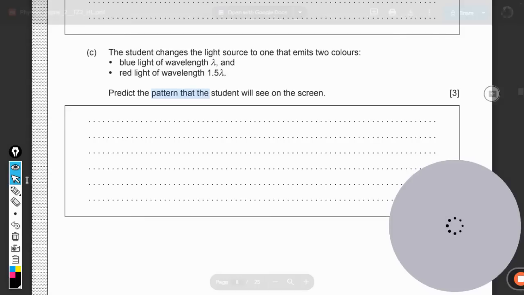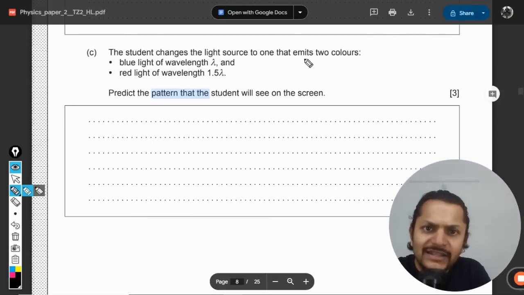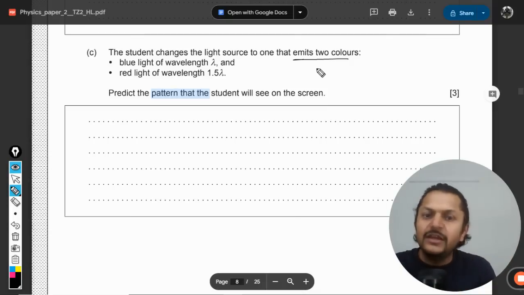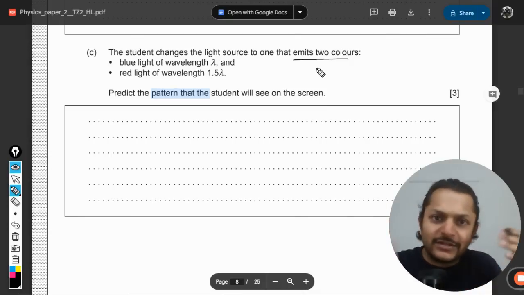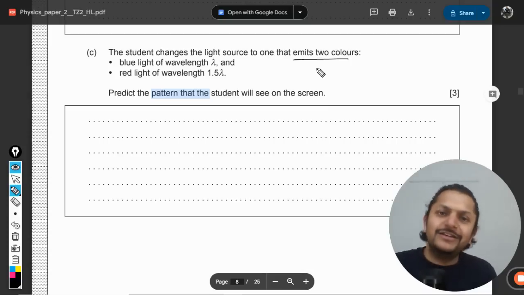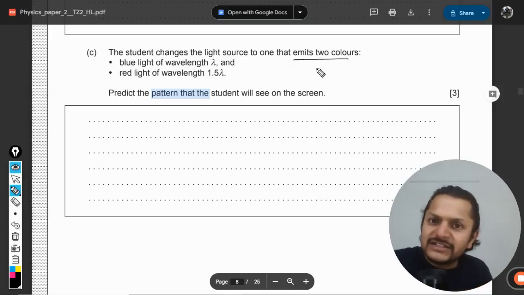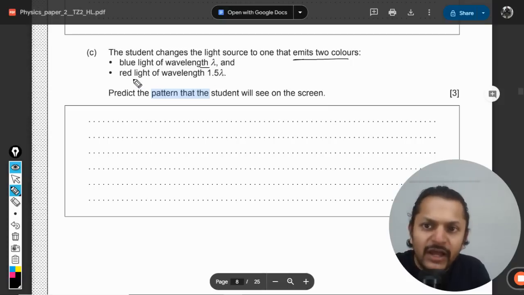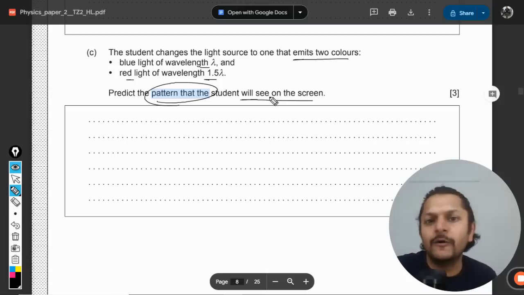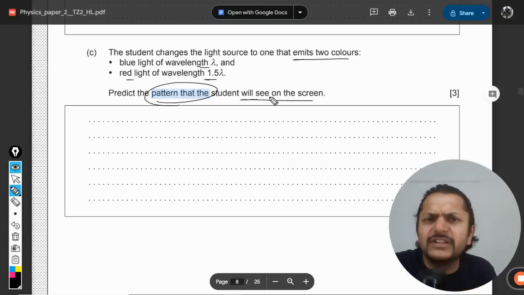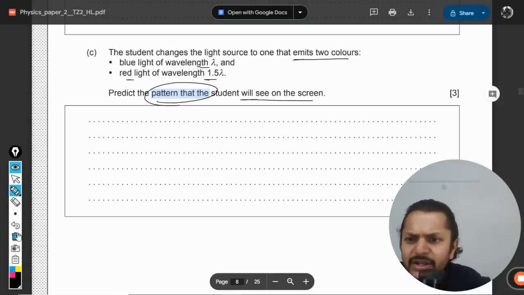The student changes the light source to one that emits two colors. Okay. If the earlier question was not difficult, this one is not problematic either. So there are two colors now going towards the slit. One blue light, the wavelength is lambda, and the red, which is 1.5 lambda. Predict the pattern that the student will see on the screen now. Obviously, the superposition will not take place because the wavelength is different. So we can say that it will not be the superposition or something. What will happen is